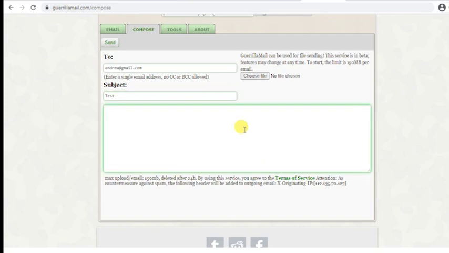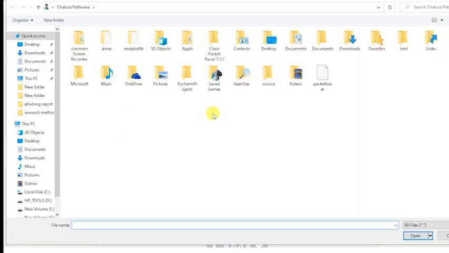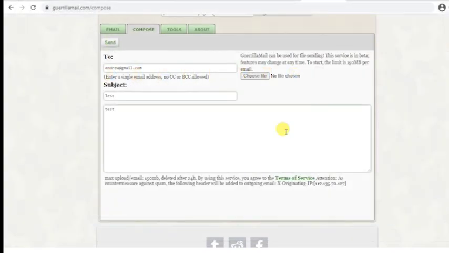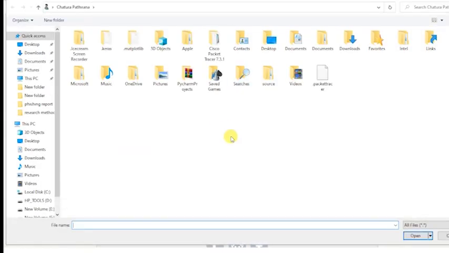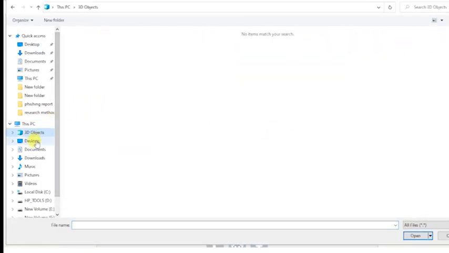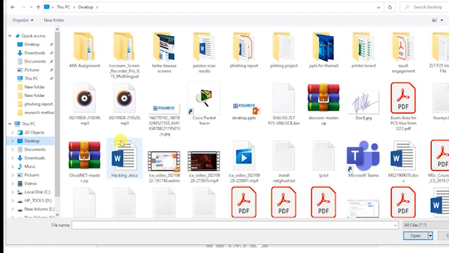I can specify a subject, and I'll type the test body in the body, and I can choose a file to upload whatever I want: image, Word file, PDF, anything I can upload.